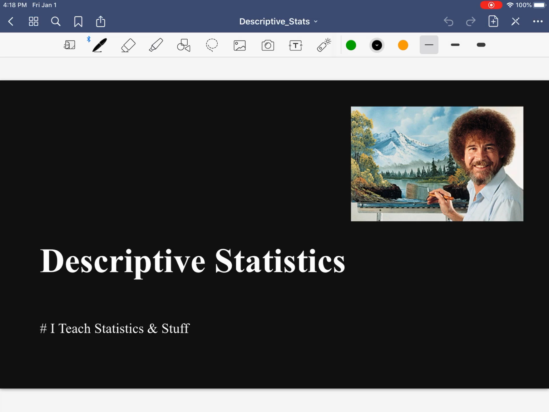And as you can see from the date on the top left part of your screen, I am starting the new year with all of you in statistics. That probably says a little bit about my personal life, but that's okay,